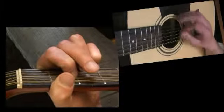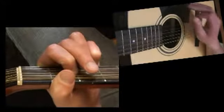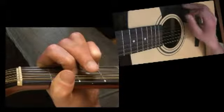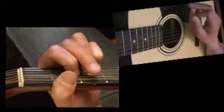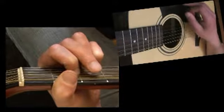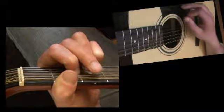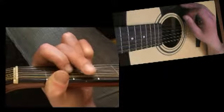So it's down, down, down, up, up, down. Down, down, up, up, down. Down, down, up, up, down. Down, down, up, down. So just pause and practice that. Down, down, up, down. Alright, so when you put all that together, you've got...